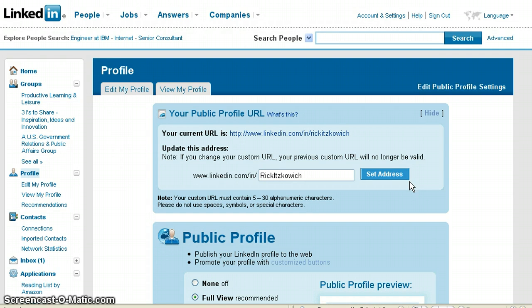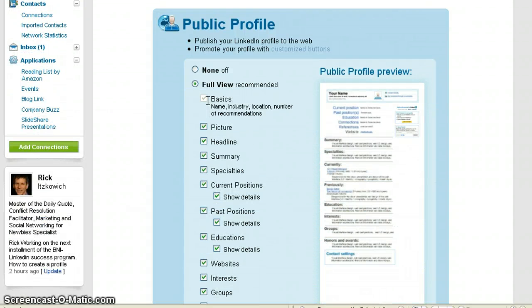If somebody has already claimed your name because you have a common name, then you'll have to get creative and use something like your middle initial or middle name. But if possible, claim your name. It will be easier to remember, and again, it adds more credibility. Your public profile, I set mine